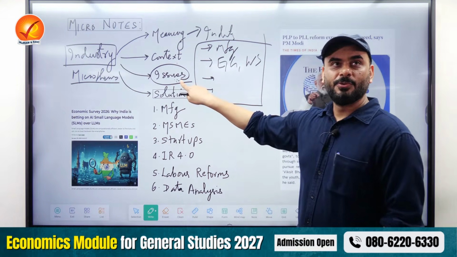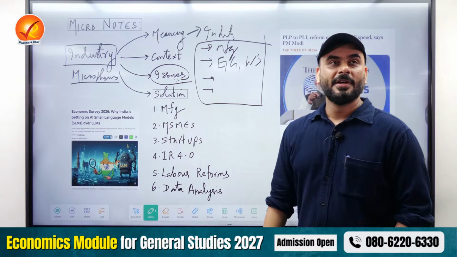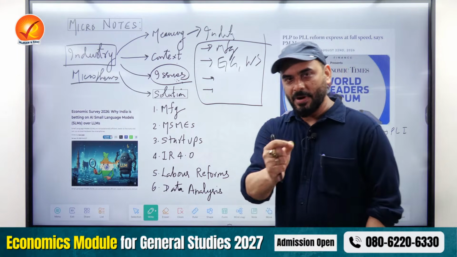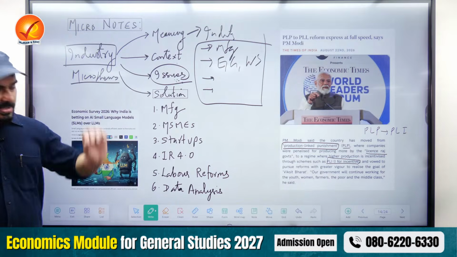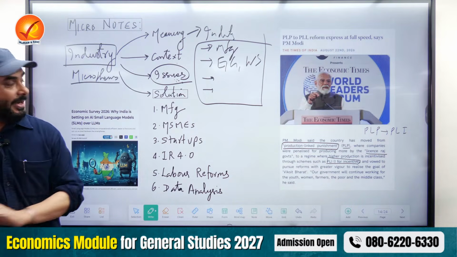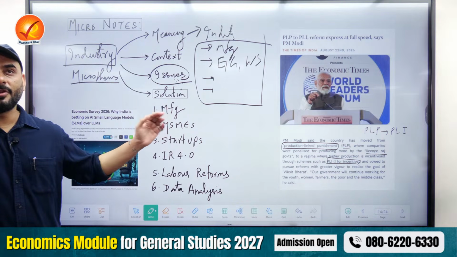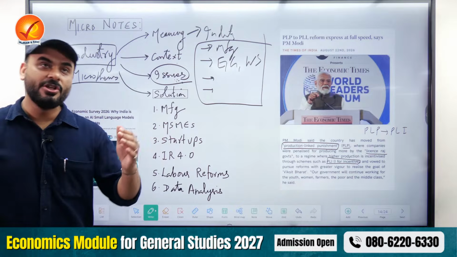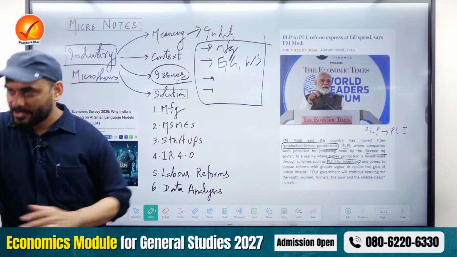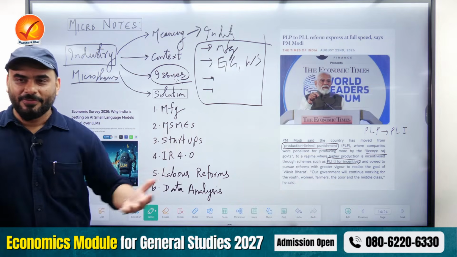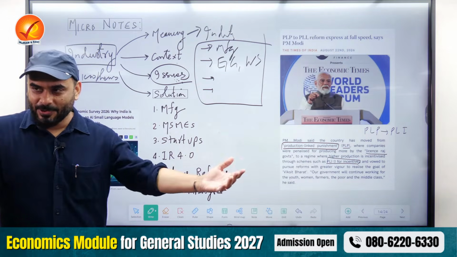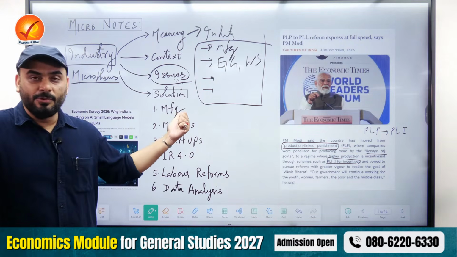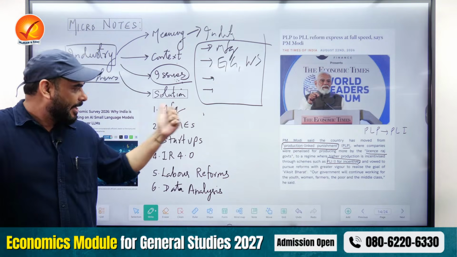So see the sequence we are following. Once you do the issue, then you have to do the solution. Now, how do you bring the solution? This part you have to be very careful in terms of industries. Let me show you. So the first thing that the government has to do is make sure that the manufacturing sector does well. What is the meaning of manufacturing? Raw material converted into finished products. If India remains the seller of raw material, how can India generate jobs? How can we increase our export? So first thing we have to do is convert raw material into finished products, manufacturing.